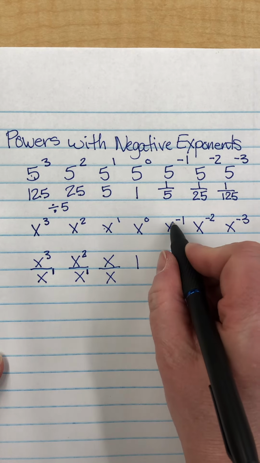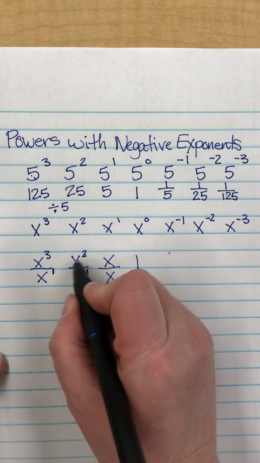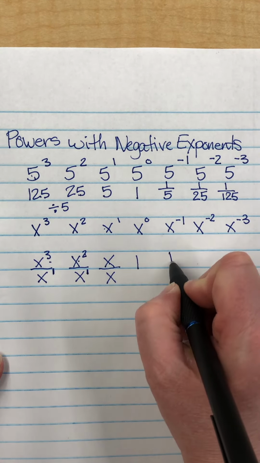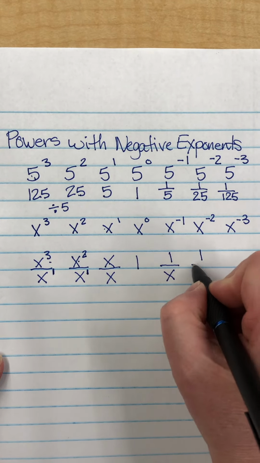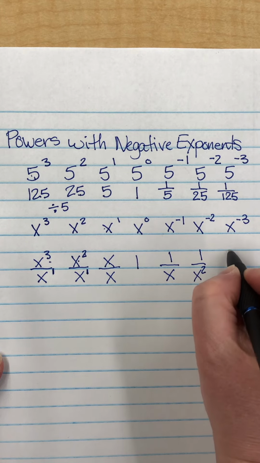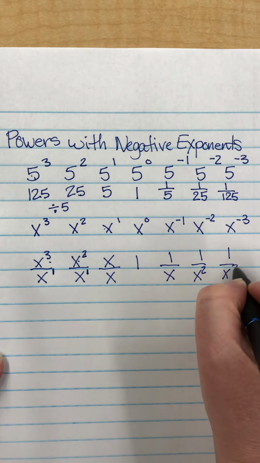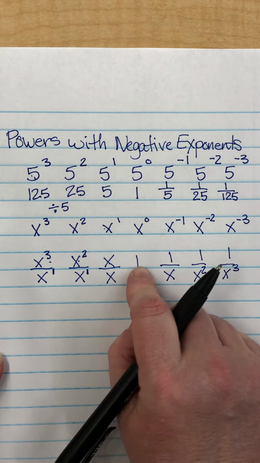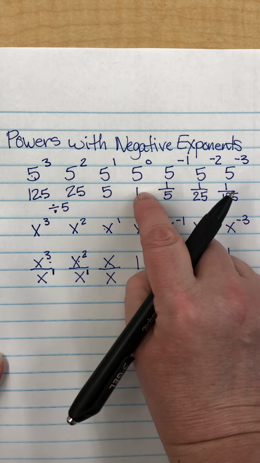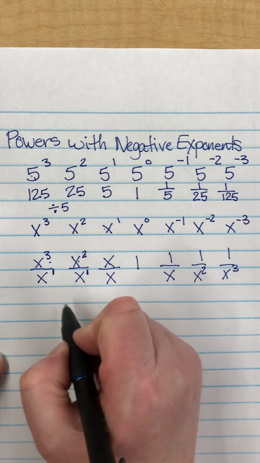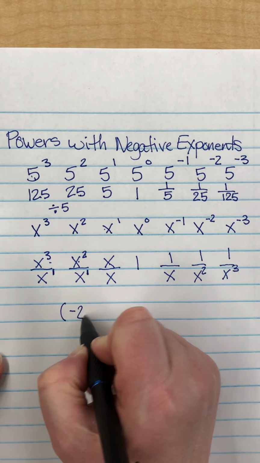Then over here, we're basically doing the same thing. It's just going into the other part of the fraction. So this is 1 over x, this is 1 over x squared, and this is 1 over x cubed. So what you need to understand when it comes to the 0 exponent is that anything to the 0 power is 1. So if I have something really huge